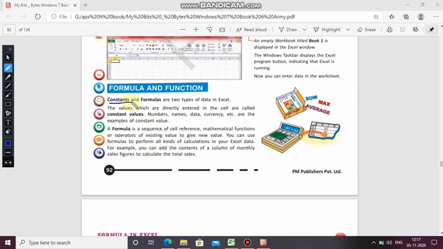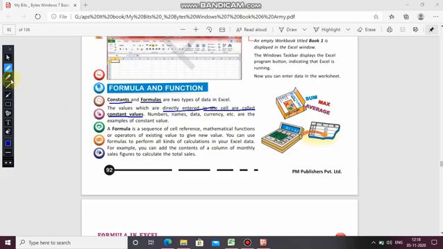The values which are directly entered in the cell are called constant values. Means the values which are directly entered in the cell, numbers, names, data, currency, etc. are examples of constant values.